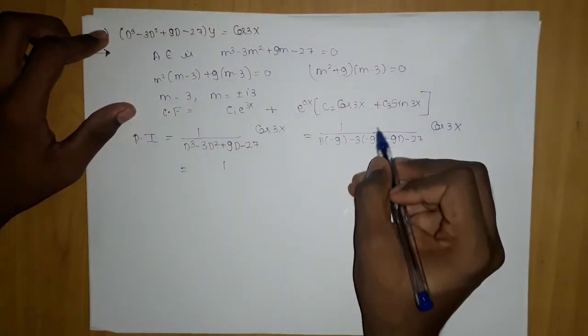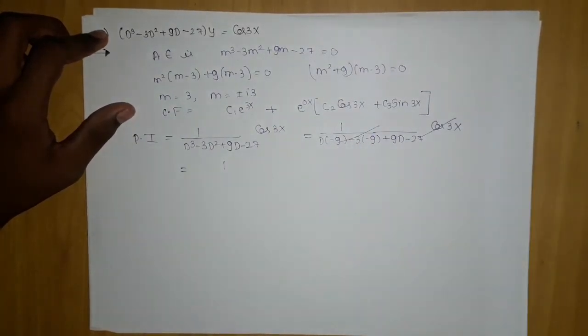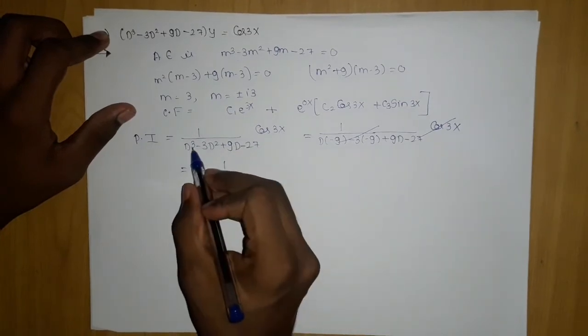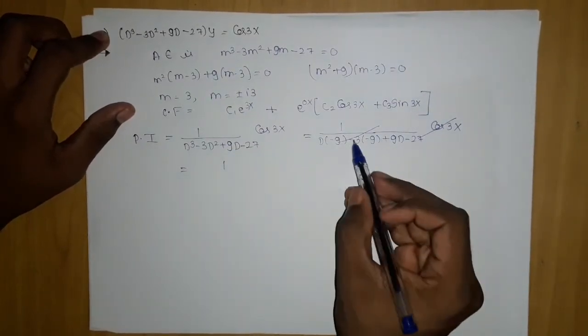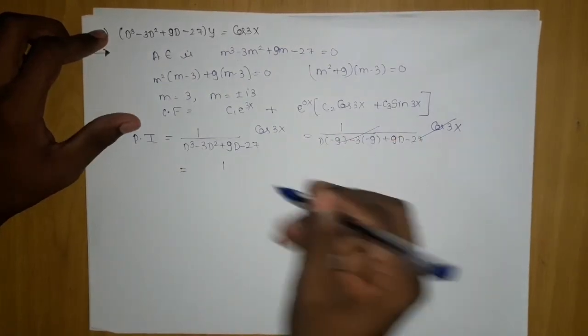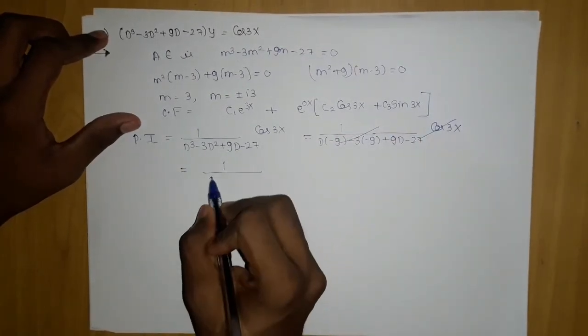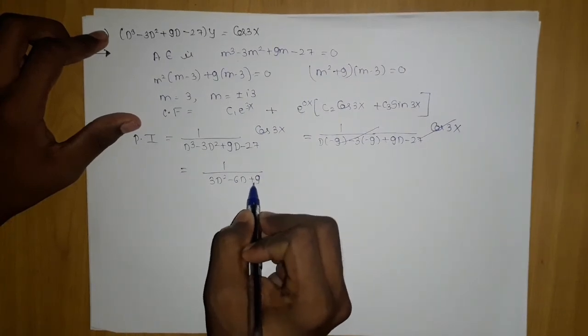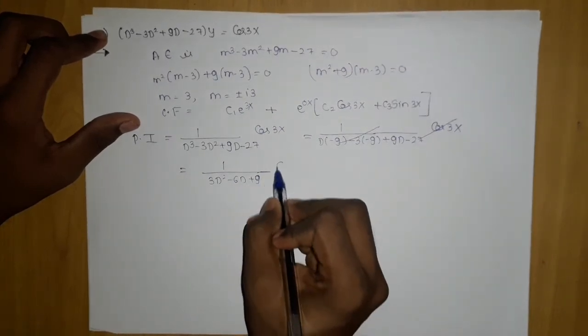So we are not going to write this step; we are going to differentiate after this. If we get 0, you have to check it in the previous step, but since it is cubic you cannot predict, so I just substituted and cross verified. You don't need to write this step if it comes out to 0. You have to simply differentiate: 3D square minus 6D plus 9, and this will become 0 since it is a constant.